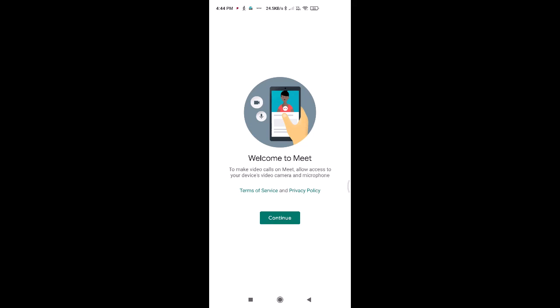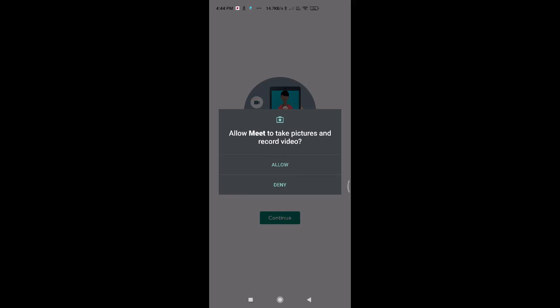Now you can see welcome to Meet. Continue, allow Meet to take pictures. You have to give all the permissions. Yes, yes. Now an error message is going to come: you are not allowed to create a meeting because at this time there is no meeting going on in the class.